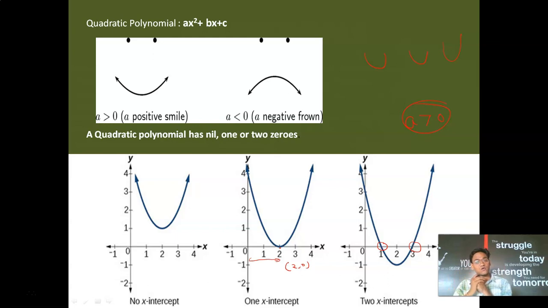So I hope now it's clear what are quadratic polynomials, what gives the meaning of zeros of a quadratic polynomial, and how the curve parabola can at most intersect x-axis twice. So there will be at most 2 zeros of a quadratic polynomial, but on the minimum side there can be no real zero, as I gave you the example of y is equal to x square plus 1. Clear students? Remember this thing.